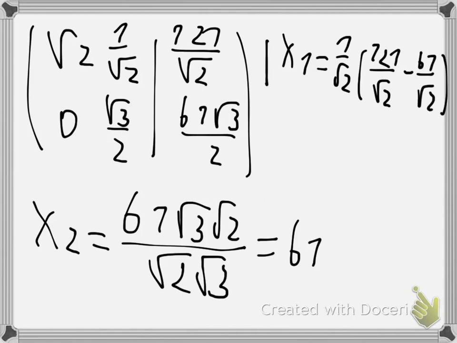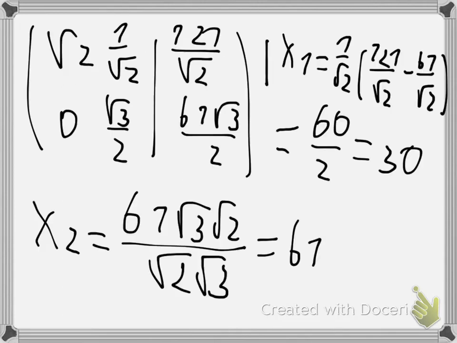So 121 over square root of 2 minus 61 over square root of 2, which will give you 60 over 2, so 30. And so these are your two possible values. So x1 is 30 and x2